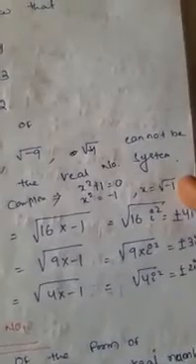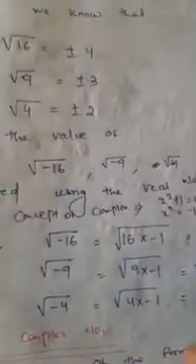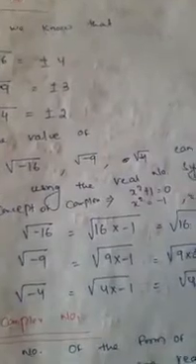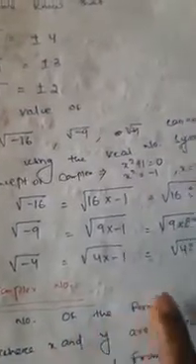Now, whenever x is equal to root of minus 1, the mathematicians have taken root of minus 1 as i, imaginary. So how to get the value of root of minus 16? 16 into minus 1, that is 16 into i square. Why i only? Why not any other letter? Because i stands for imaginary, the first letter of imaginary is i. So the value is plus or minus 4i. Similarly, root of minus 9 has the value plus or minus 3i, and root of minus 4 has the value plus or minus 2i. So complex number, what is the definition of complex number?